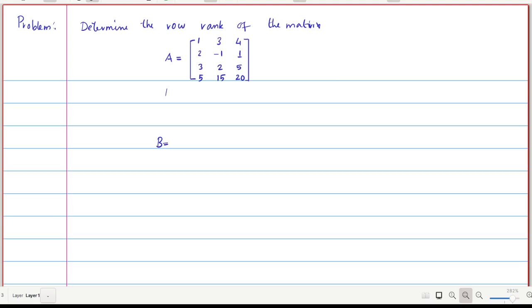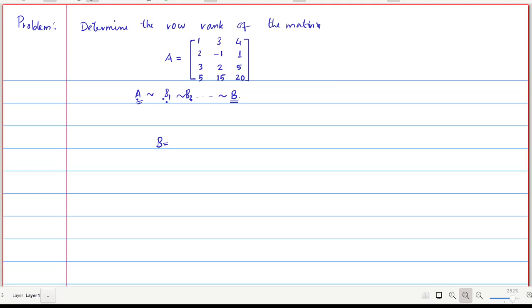That means if you have some B1, B2, etc., all obtained by performing row operations on A, finally we will get a matrix B, and we can say that by the previous theorem the row space of A and row space of B1 are the same, and row space of B2 and row space of B1 are the same, and we can extend it to B. That means row space of A is the same as the row space of B. So you can easily get a row reduced matrix B from this A by performing row operations.